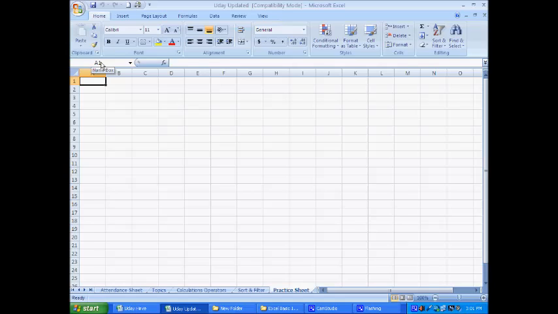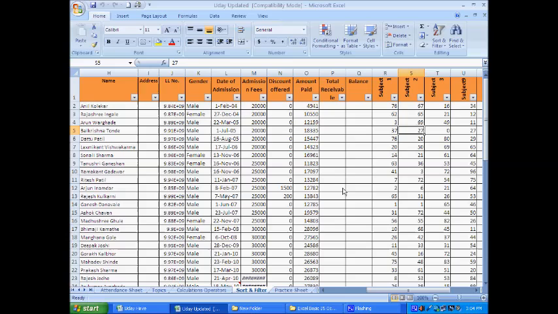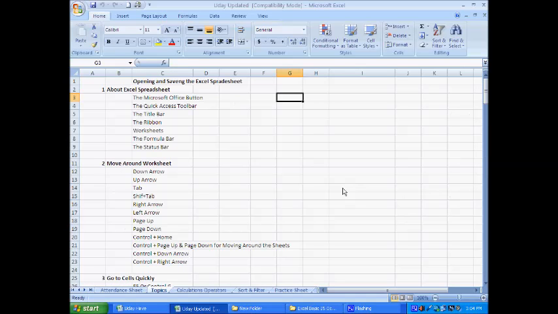So if you want to return to the first cell of your Excel spreadsheet, you have to press Control Home. As soon as I press Control Page Up, I can move around through various worksheets.